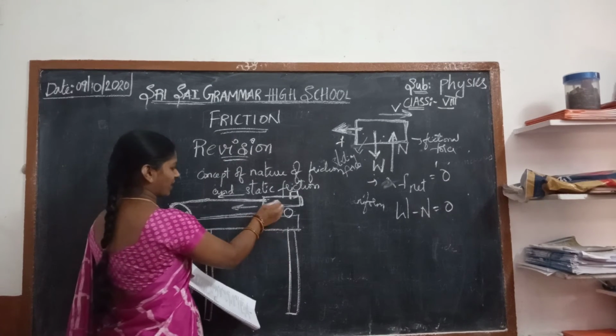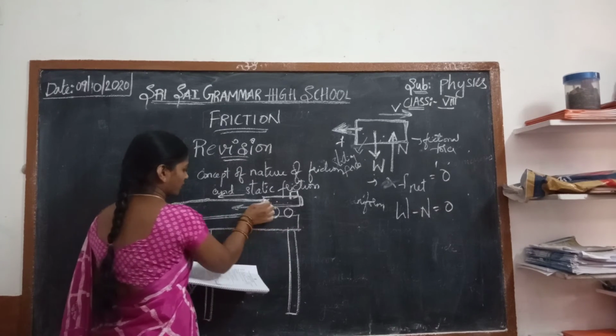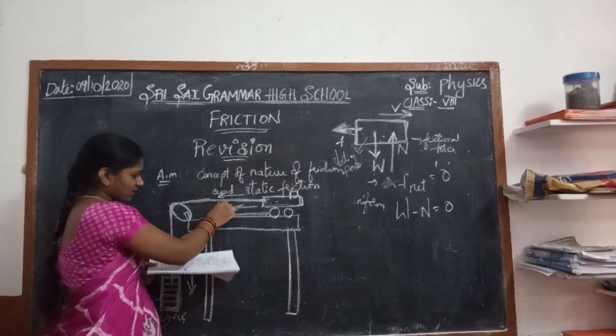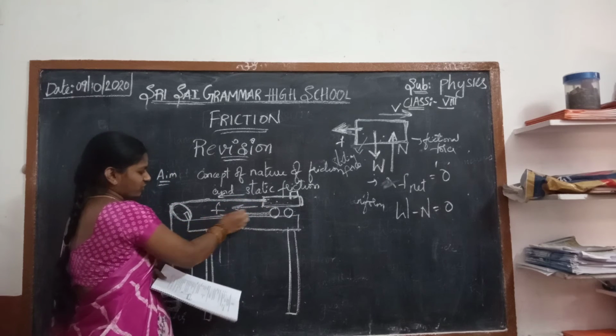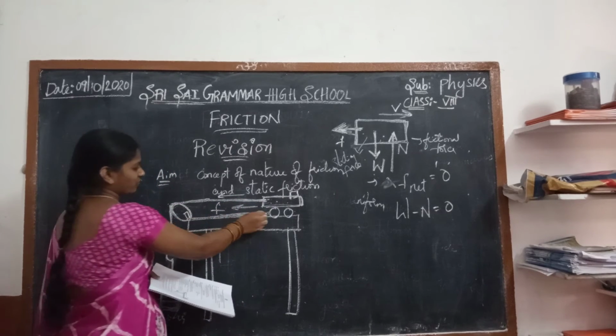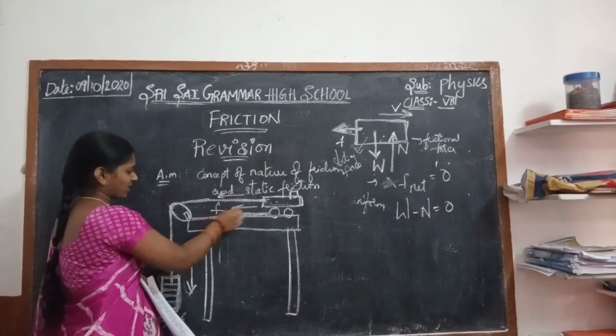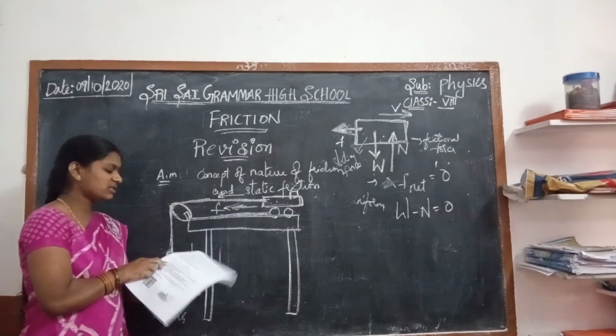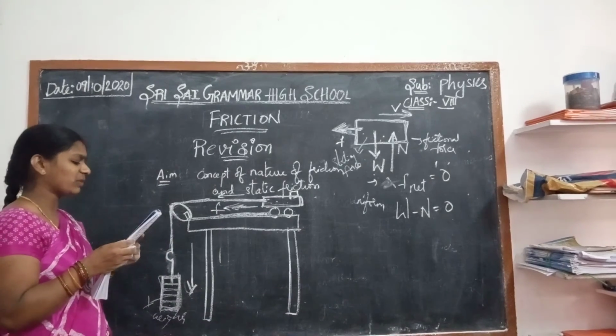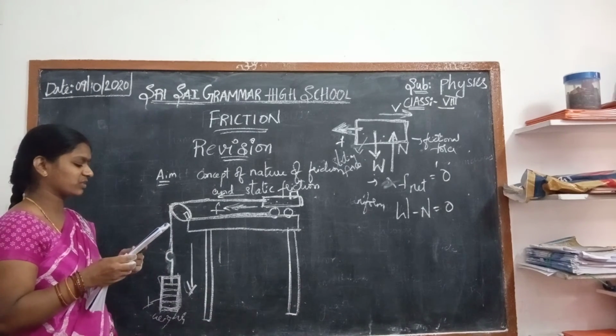Thus the force of friction. Here the force of friction is acting by the surface of the trolley. By the surface of the trolley, it acts on the block in the direction of motion. Now at the same time the block also applies